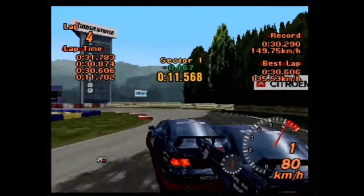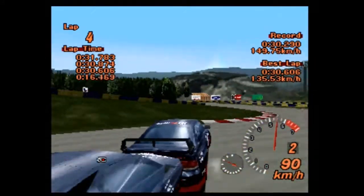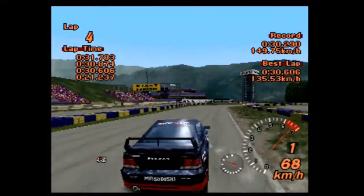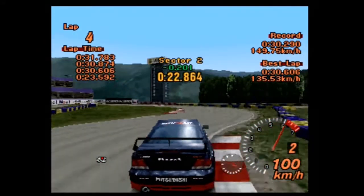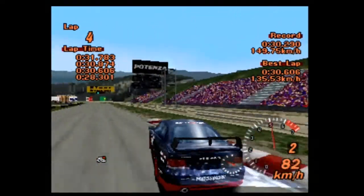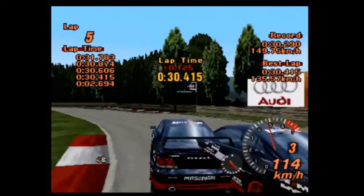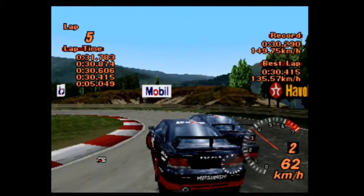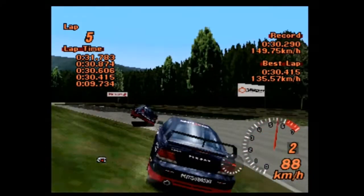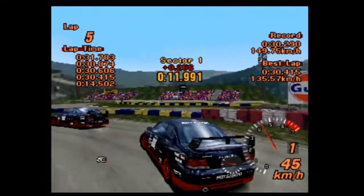Apparently, there is a bit of understeer in this vehicle, which does mean you do have to sort of take the illegitimate hill line through some of these corners, but it doesn't affect them too much. Some people may say, oh, it's cheating, but quite frankly, all of the cars get afforded the same liberty, so it really isn't. A 30.415, good time for the Galant, but the Legacy literally just made it in to the under 30 seconds club